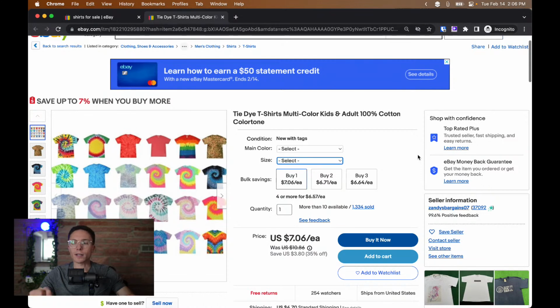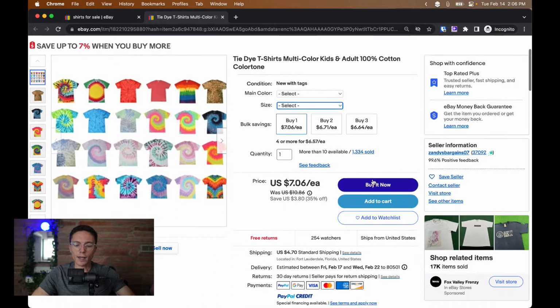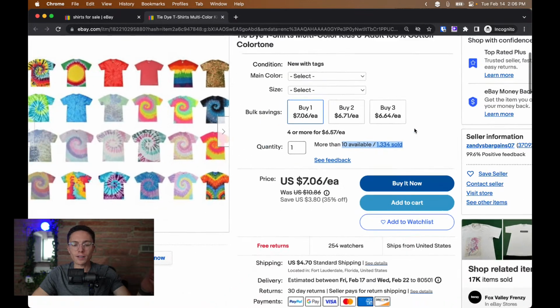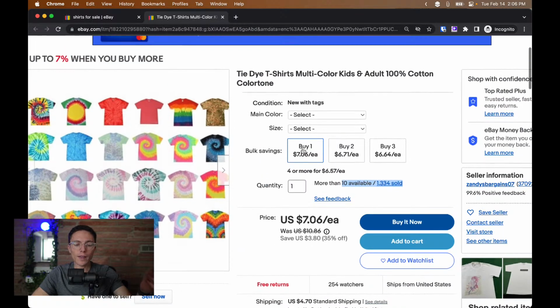The other benefit here is, let's say you're selling a small, a medium, and a large. And let's say each of them make 3 sales each. Well, normally what it will say is right here that you sold 3 of them. But if it's an item with variations like it is right here, then it combines all of them into one. So it actually says here, this item is sold 9 times. That is really powerful because that's social proof.